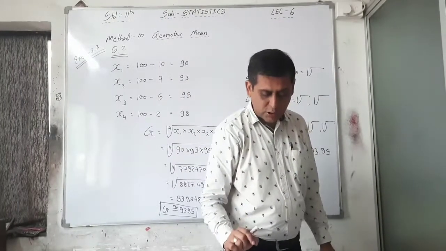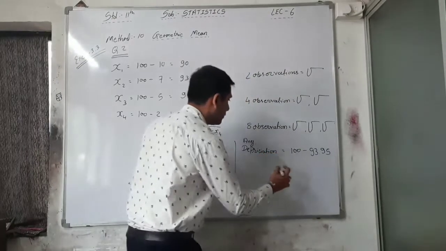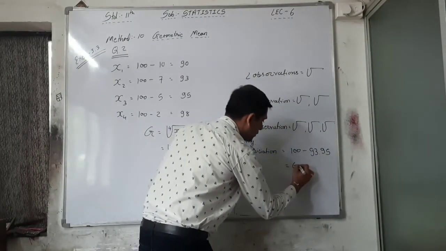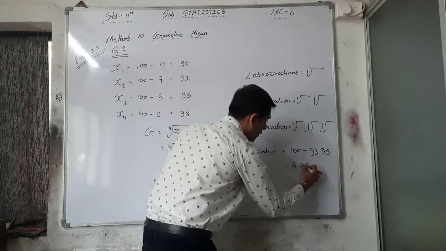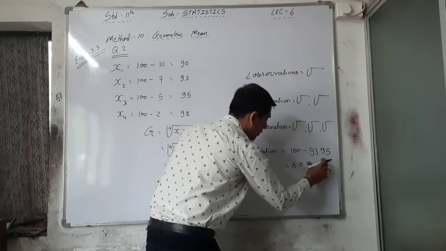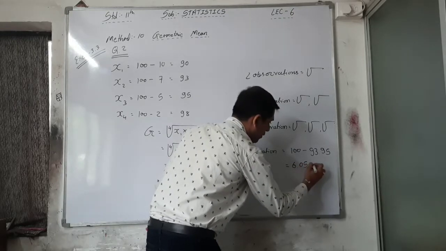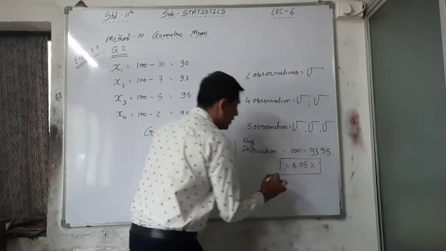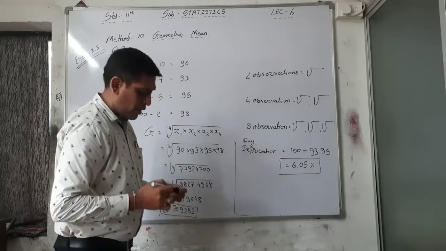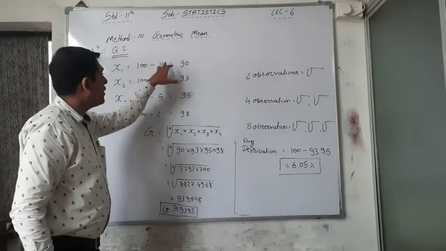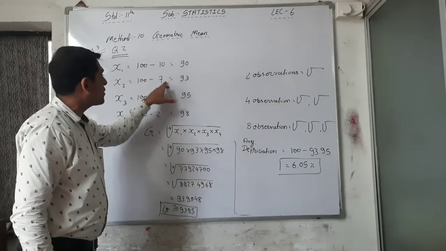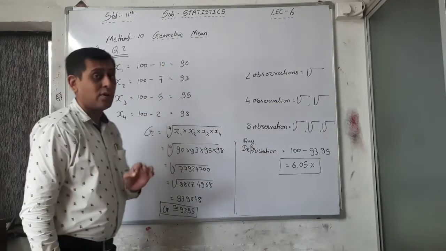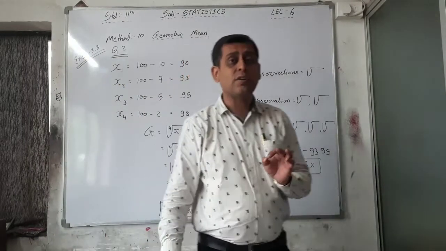So it is 6.05 percentage. This is your ultimate answer, because here the given observation is 10%, 7%, 5% and 2%, and they want average